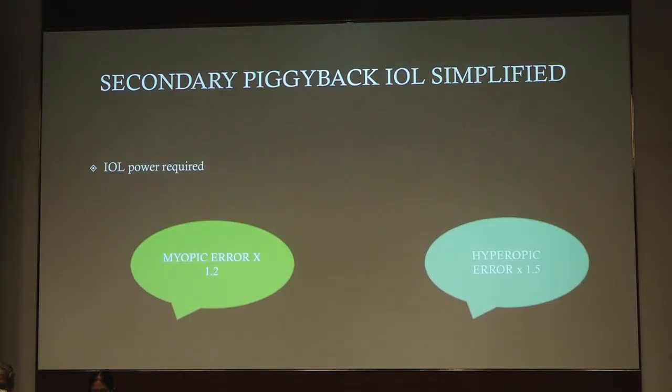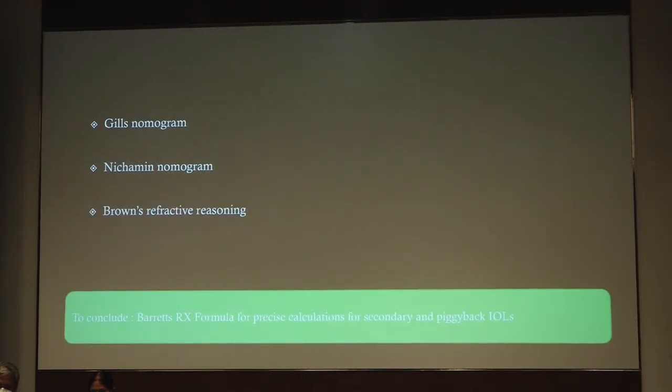If you don't have it, then it's not a problem. This is a rough guide: if you have a myopic error, multiply it by 1.2, and if you have a hyperopic error, multiply by 1.5, and that would be the IOL power required in a case of a secondary piggyback IOL. You can use certain other nomograms like the Gill's nomogram, but the Barrett RX formula is